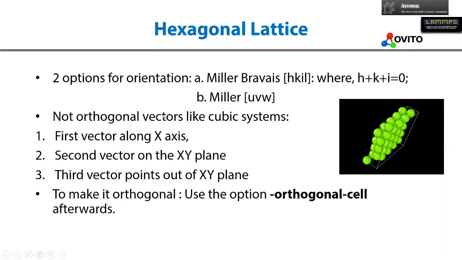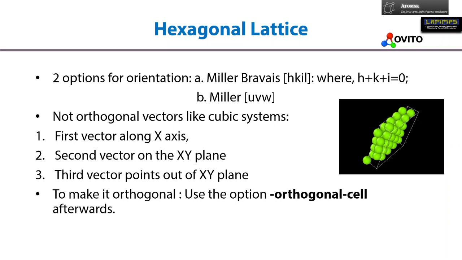In case of HCP, what happens is there is no orthogonal vector like the cubic system. So what do the vectors represent actually? If you think of 3 vectors required to identify the hexagonal lattice, the first vector will go along the x-axis, the second vector will stay on the xy plane and the third vector will come out of the